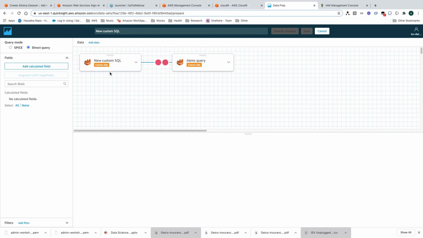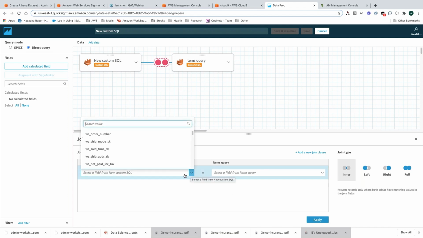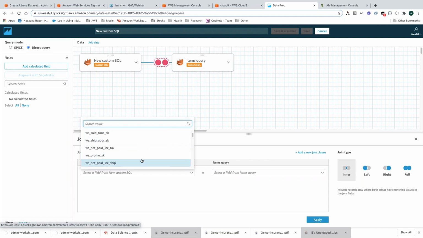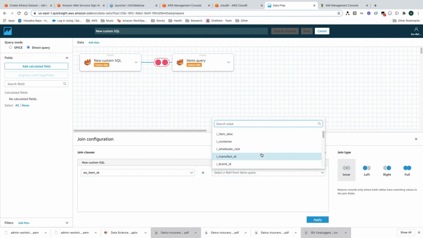Now it's showing that this is the first query, this is the second query, and then it's giving me these two dots, meaning it's still not able to join an array because it's doing a Cartesian product right now. So what I really need to do is find that common attribute to do this join. And the common attribute is the item key here, which is WS item SK. And on items, it is